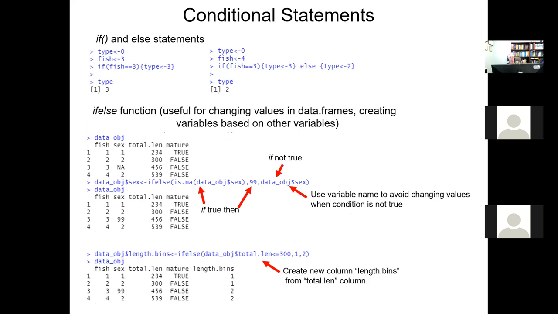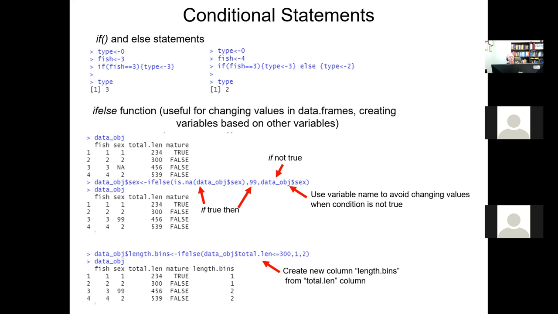So you can use an if statement. In this case, the if statement is within parentheses again, because it is a function. If fish is equal to 3, follow and as long as